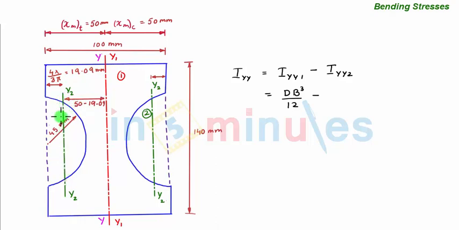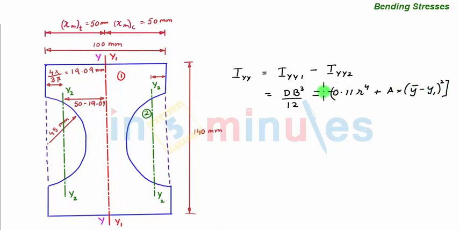So the distance between this centroidal axis of the semicircular disc and the centroidal axis of the composite section is 50 minus 19.09. So your IYY2 is given as, first, the moment of inertia of this semicircular disc about its own centroidal axis, which is given as 0.11 into r to the power 4. Then we apply the parallel axis theorem and transfer its moment of inertia from this axis to the centroidal axis of the composite section, which is given as area multiplied by this distance square, so y bar minus y1 square. Now since there are two semicircular discs, both equidistant from the centroidal axis of the composite section, we simply